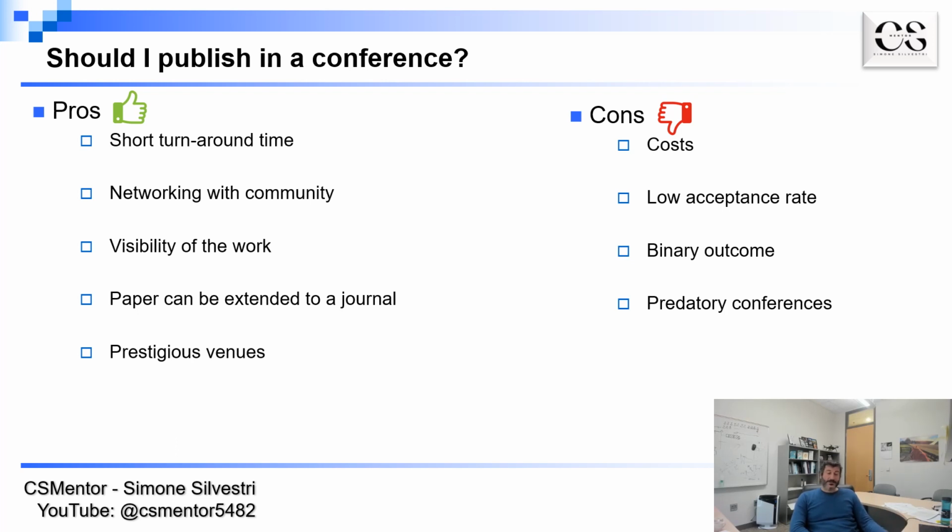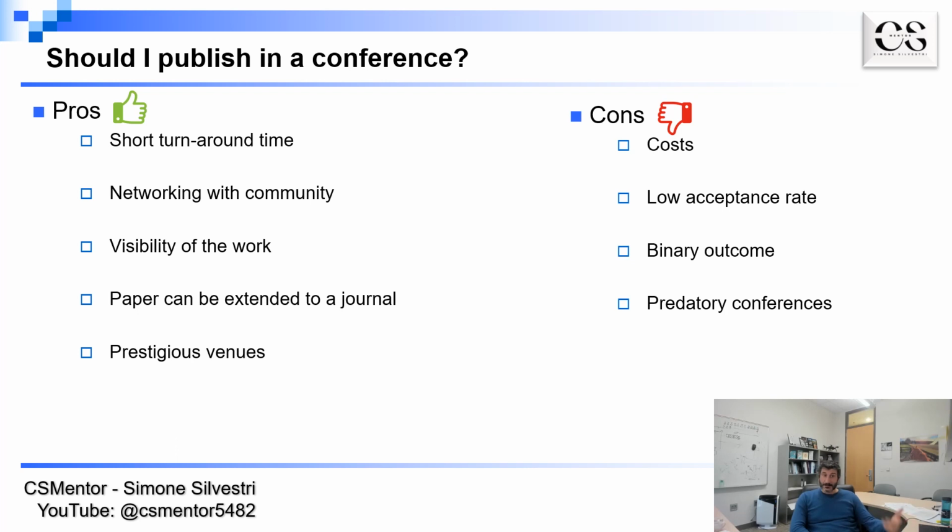Also, as I mentioned before, some conferences have a low acceptance rate, meaning that even if your paper is good or even extremely good, it may be rejected just because there are so many other good papers out there that your paper didn't make the cut. So you need to take this into account because your paper may take some time before it actually gets published, if it gets rejected at this conference, and then you decide to improve it and submit it again.